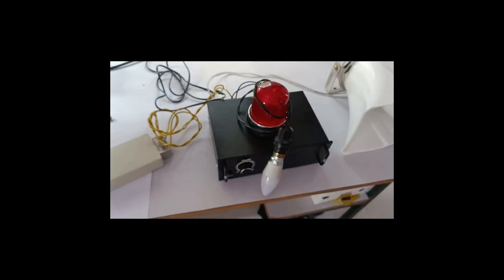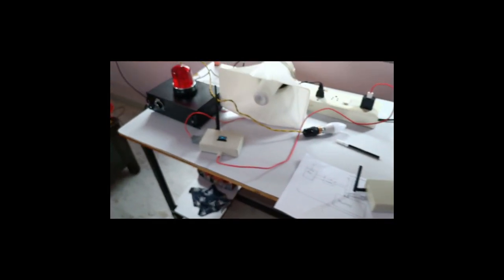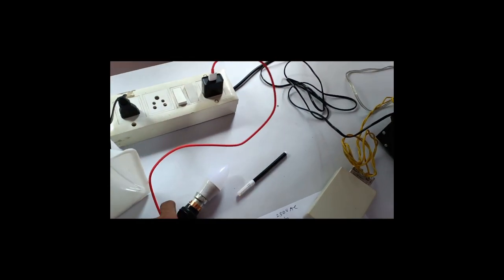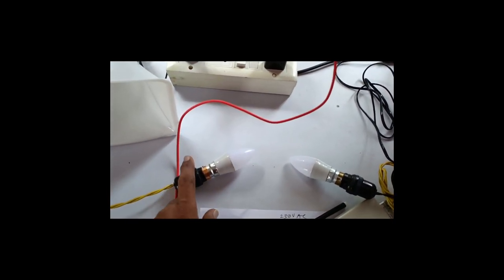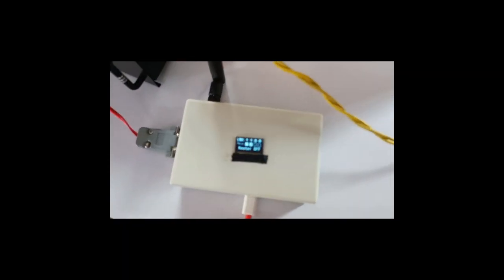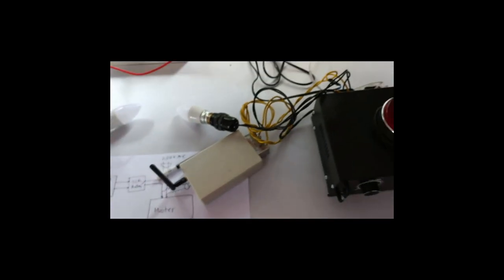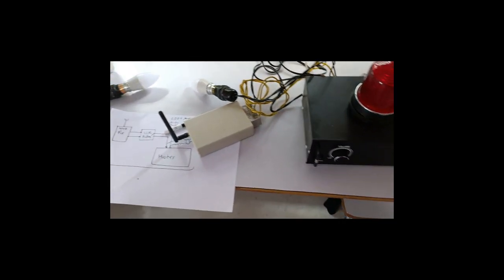and also we have the light and the speaker receiver. This is the whole receiver side setup. This is our transmitter side setup. I brought the light close to this side so that we can bring two lights aside of it, so that we can see that once this switch is on, meaning the main receiver is on, it will be detected by this LoRa transmitter, whether it is on or off, and similarly it will transmit to this receiver side, and proportionally it will switch on or off according to the status of the main